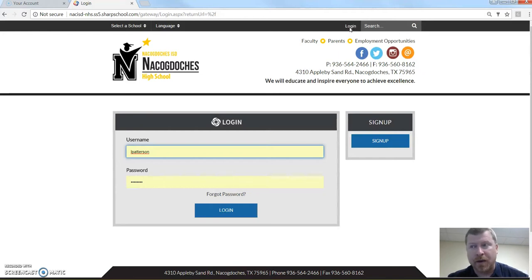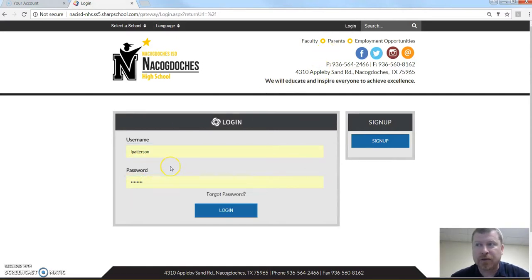So for example, mine is L. Patterson. So you would type in your first letter, last name. Then in the password field, you're going to use the exact same password that you used to log in with in the morning. If you've kept it the last four, then it's your last four. If you've created a new password, it's the new password that you've created. So that's how you do that. Click login,